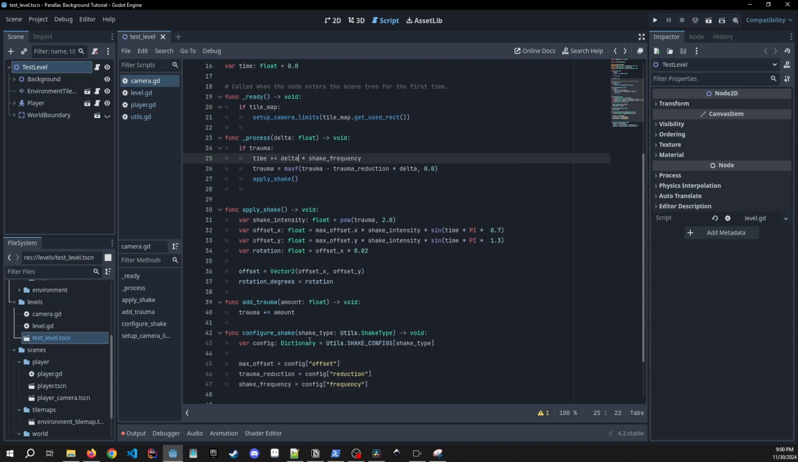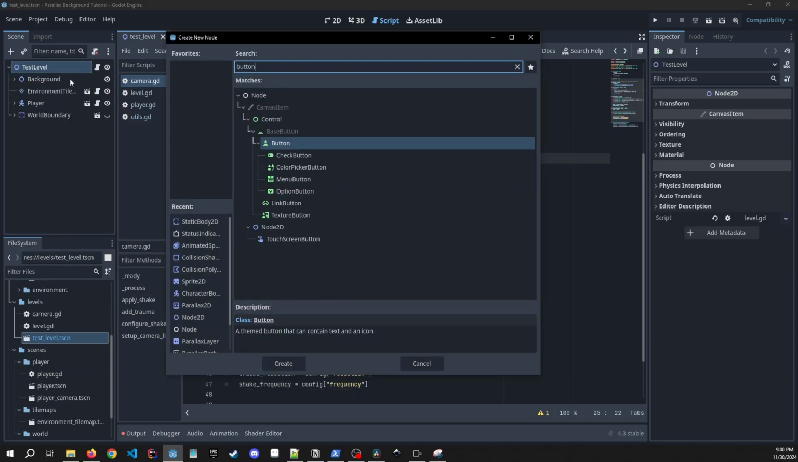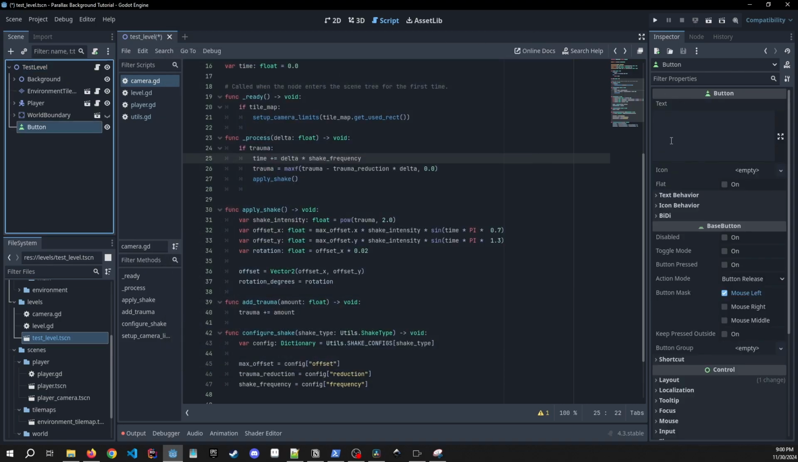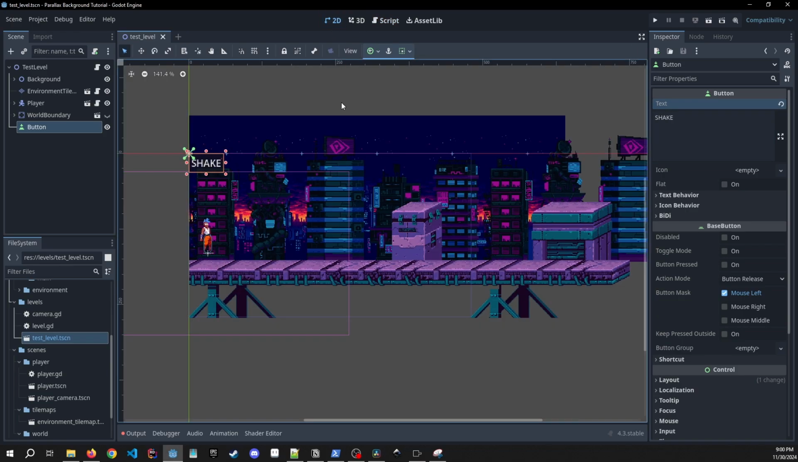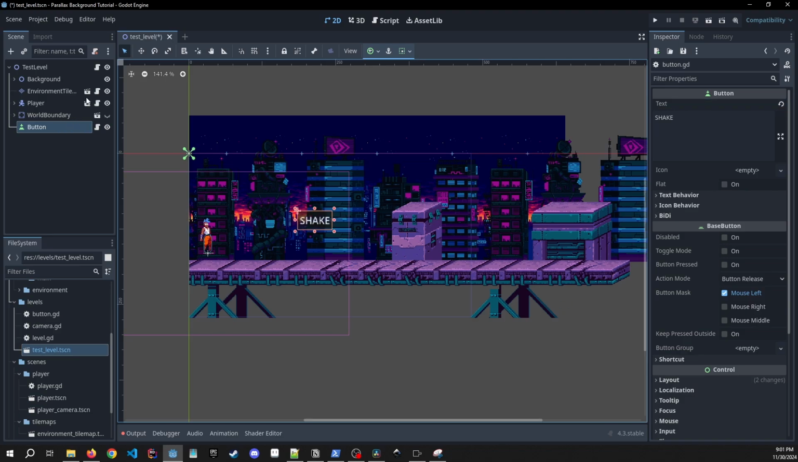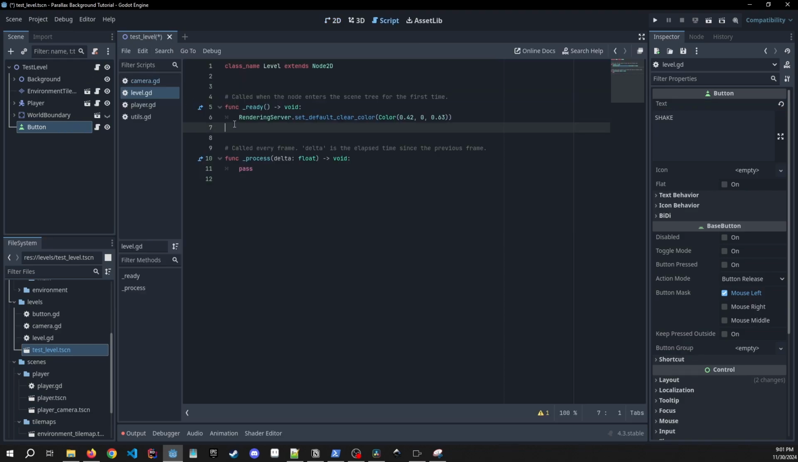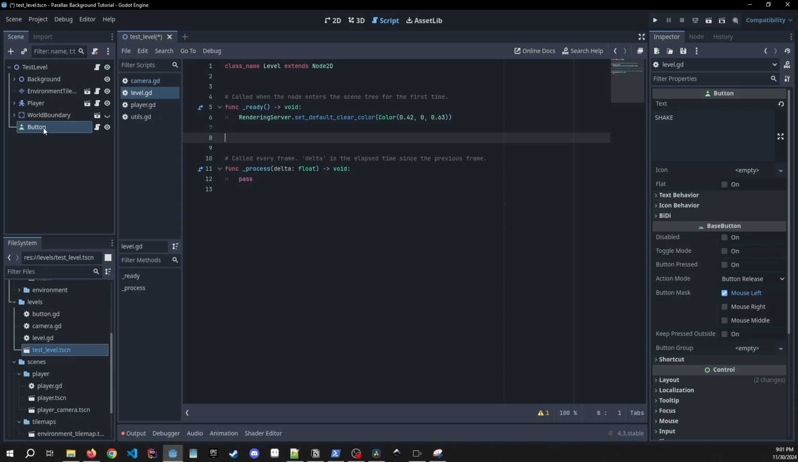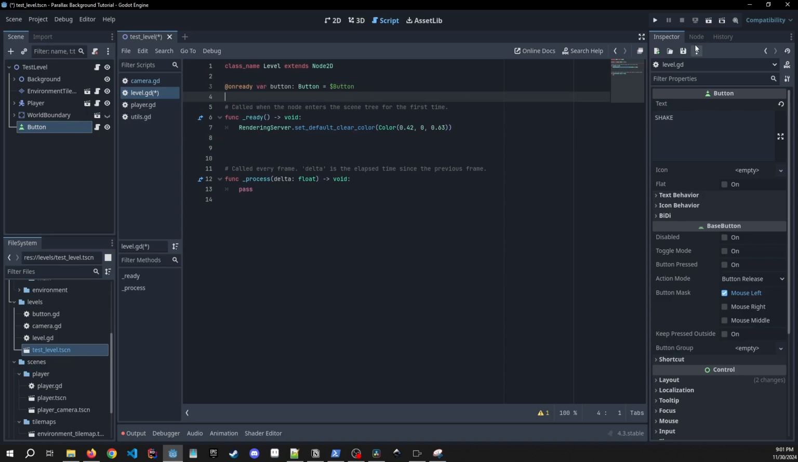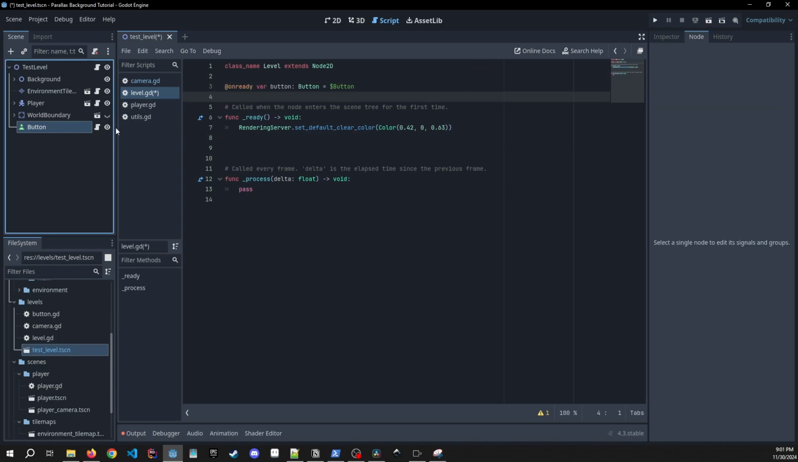So in order to demonstrate this, we're going to go to our test level and we're going to add a button. Inside of this button, on the text, we're just going to do shake. That's all we want to do. We just want to make the screen shake when I press it, okay? Now we need to go to our level script. And what we're going to do here, we're going to create an onReady variable of our button. And now we need to set up our button